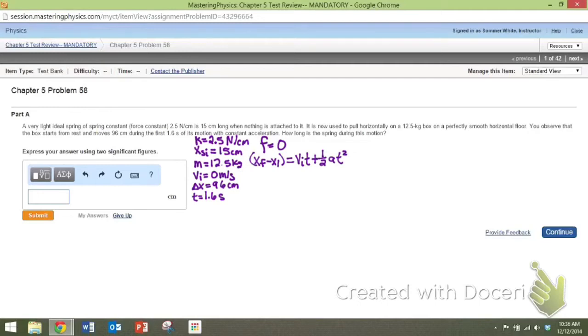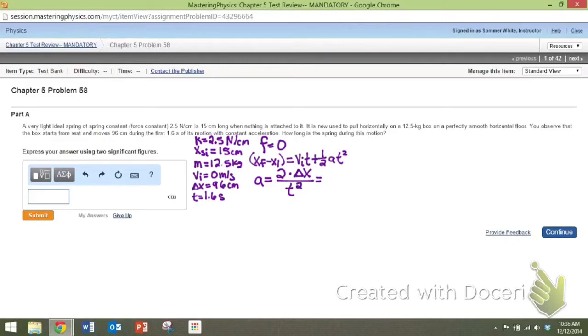When we rearrange this equation, zeroing out the numbers that are 0, we find that acceleration is equal to 2 times delta x over t squared. We plug all our numbers in, plugging in our delta x of 96 and our time of 1.6 seconds, we find an acceleration